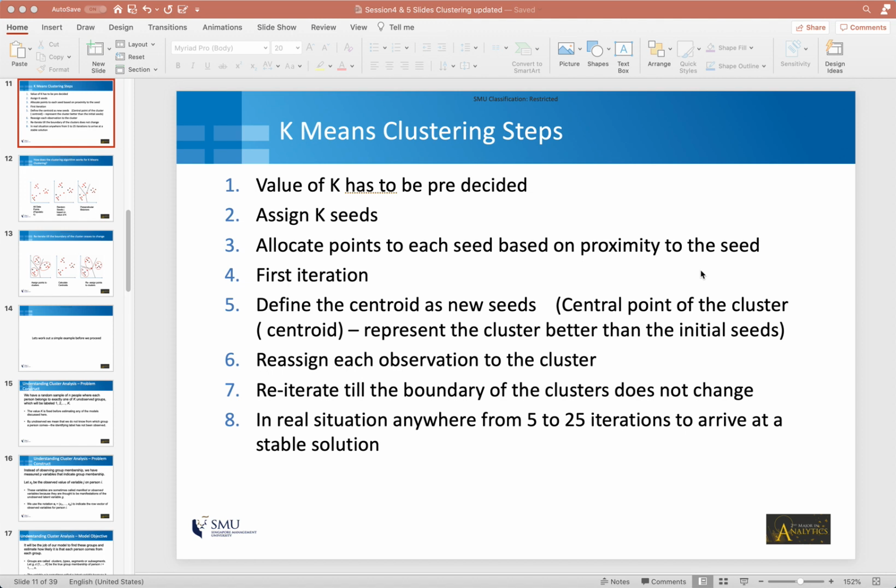In real situations, you would see that this solution would converge anywhere from 5 to 25 iterations. The number of iterations required for convergence can depend on a couple of factors. It could be the data itself and also the tool that you are using.